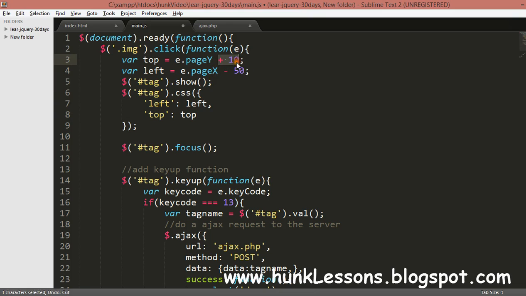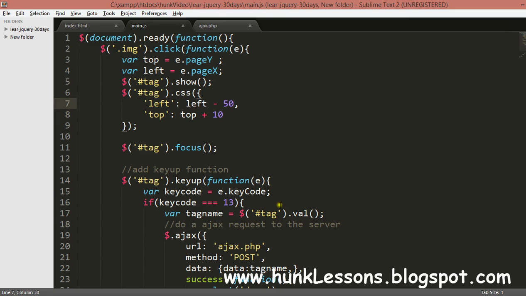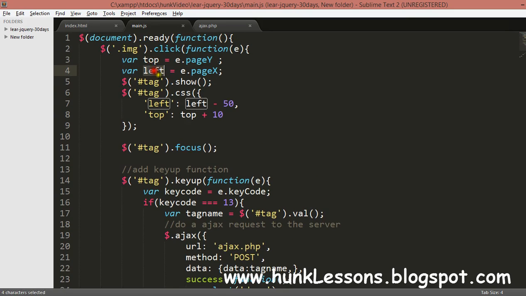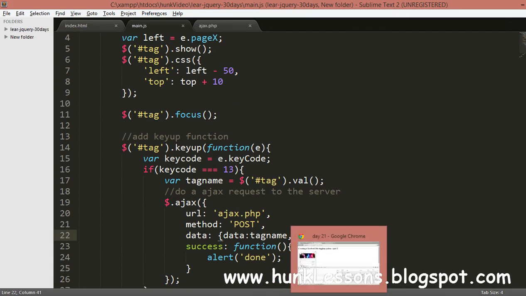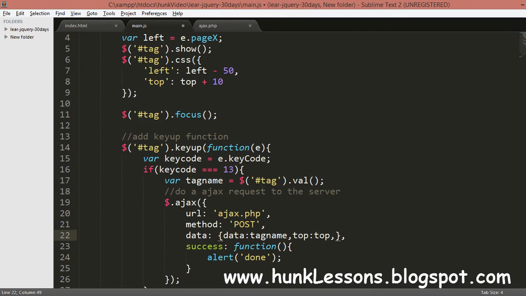We'll do top plus 50 plus 10 and left minus 50. It's done. Now on that, I will send this top and left variable to our ajax.php file. Top is equal to top, left is equal to left.